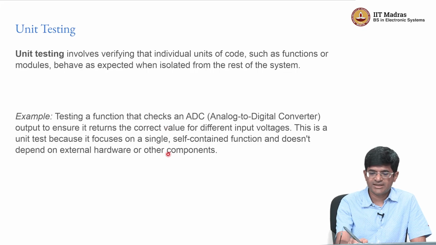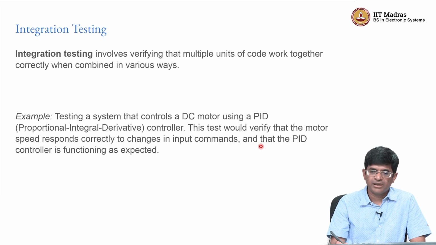So the main point is, in this case we are focusing on a single self-contained function, right, one which just does the A to D conversion out here and doesn't depend on other parts of my program. Integration testing is usually when you have multiple units of code that you are now trying to make work together, right. So you have different unit functions that you have tested individually, you are now trying to integrate them